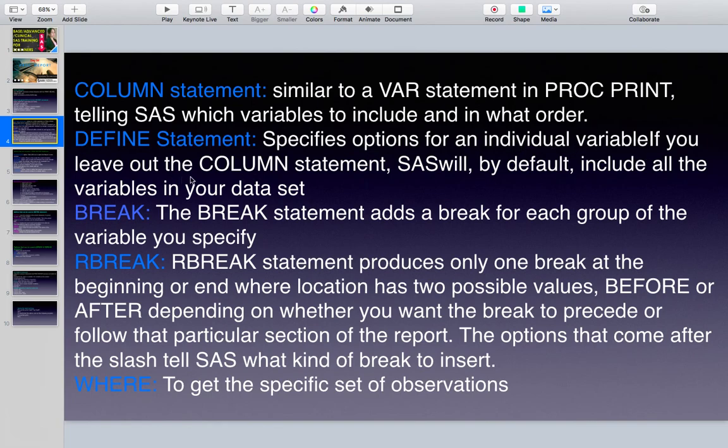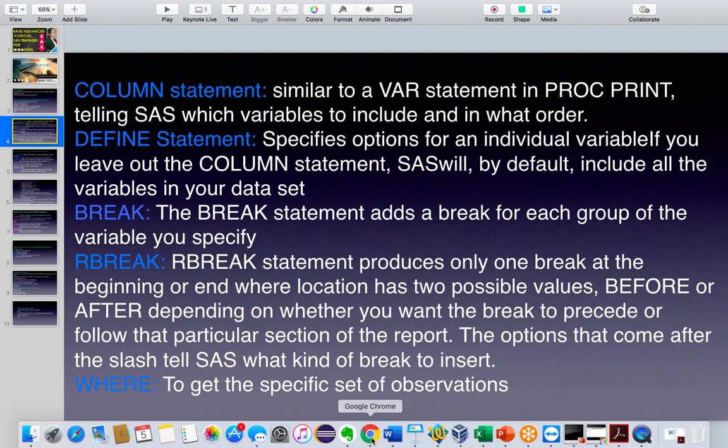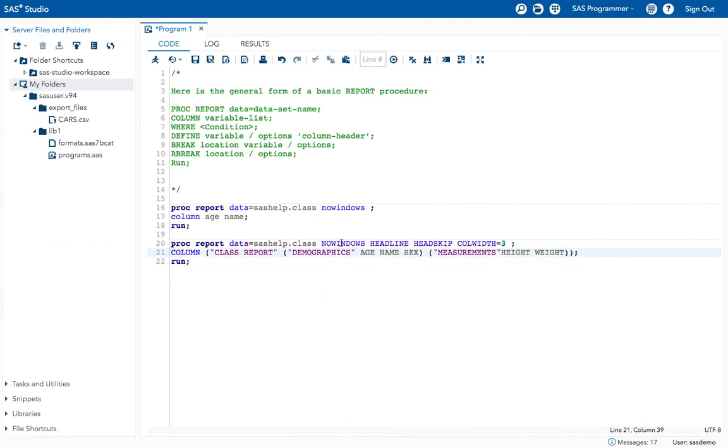Okay, if you leave out the column statement, SAS will by default include all the variables in your data set. By using this define statement, we will be able to give specific options for an individual variable. Here I have given options for the whole variables or a few variables, right? By using the define option, I will be able to give options for specific variables. Okay, let's use the define option.